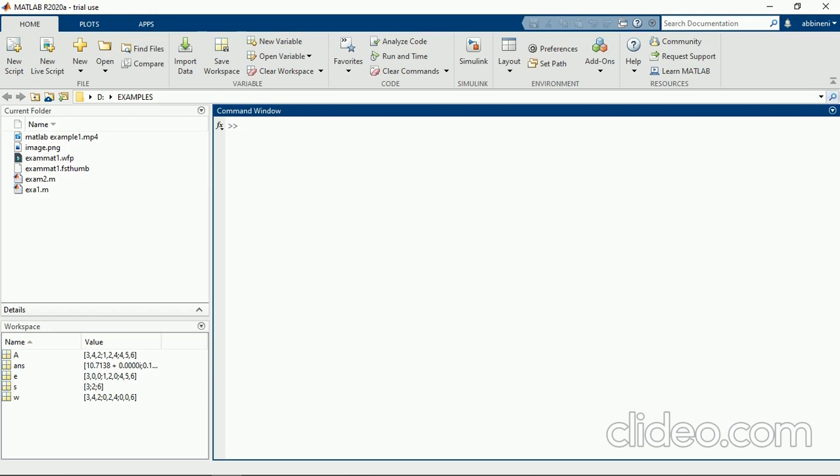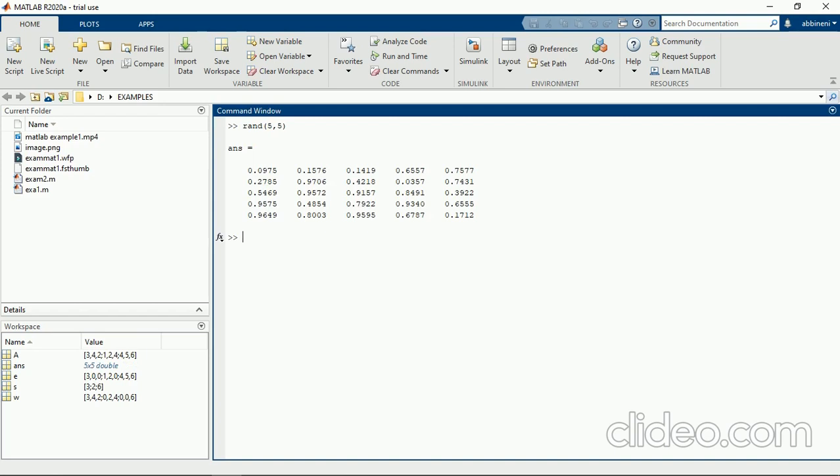There is one more function. Instead of giving the elements every time, if you want to create matrices randomly, instead of giving the inputs by the user, there is a function rand. We can give some higher values, so randomly we can generate a 5 by 5 matrix. Mostly this type of data will be used for analysis purposes.